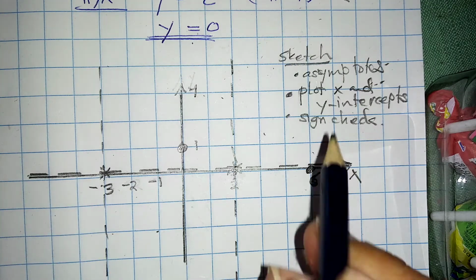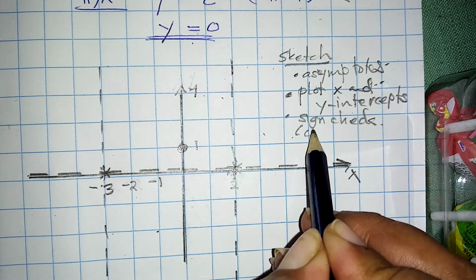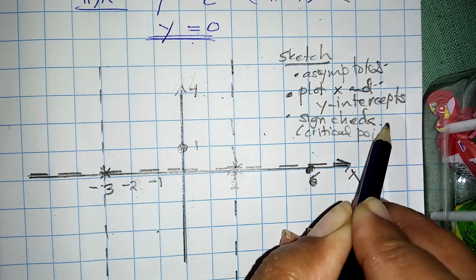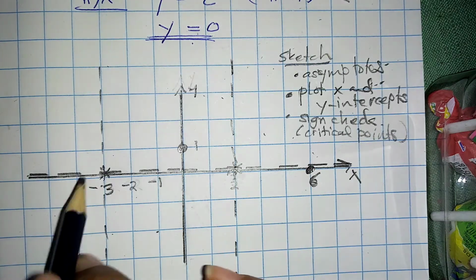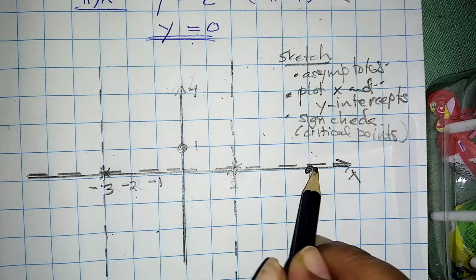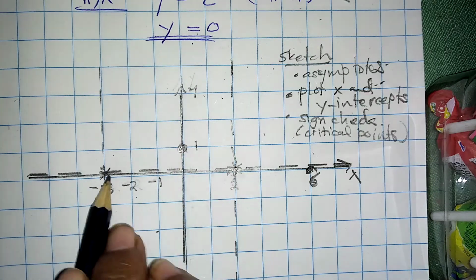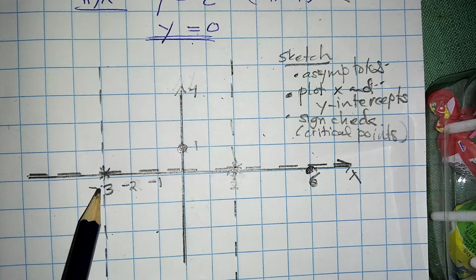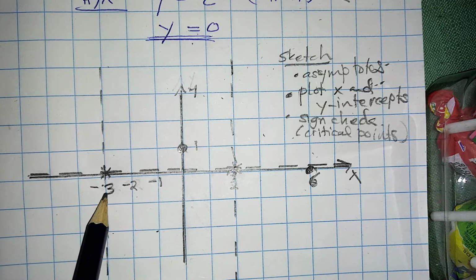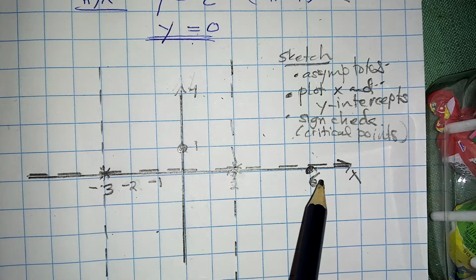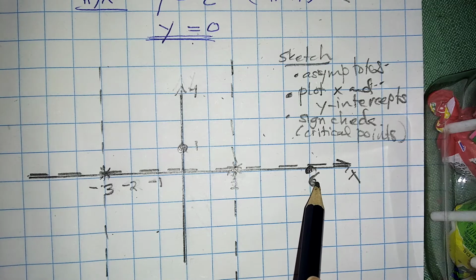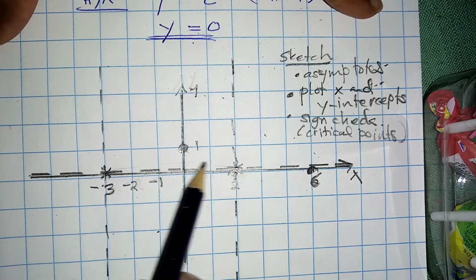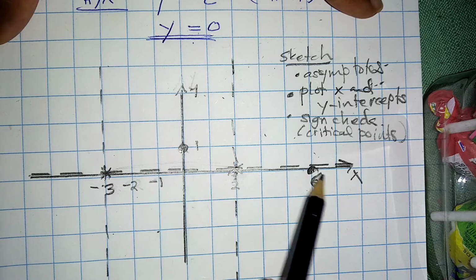What do you use here? You use the critical points. Critical points are all the points that have asymptotes and the x-intercept, not the y-intercept, the asymptote and the x-intercept. In this case, your critical points are -3, 2, 6. What are you going to check? Sign check. You're going to sign check any number in between the critical points and a number